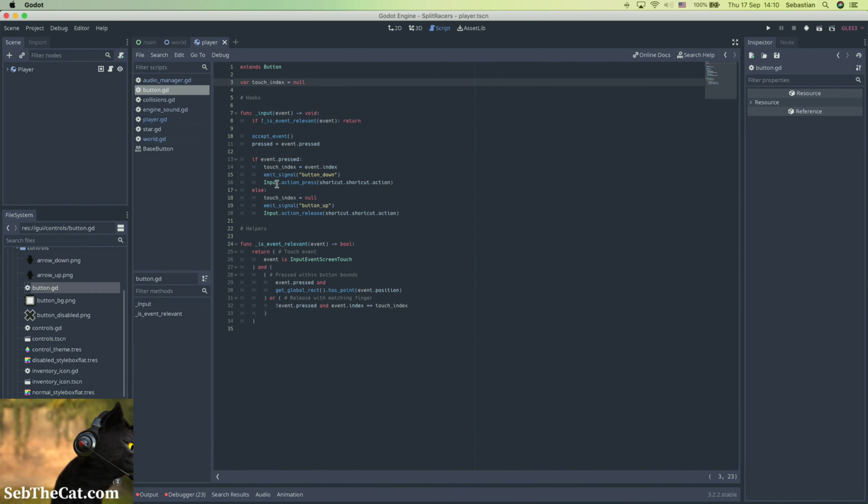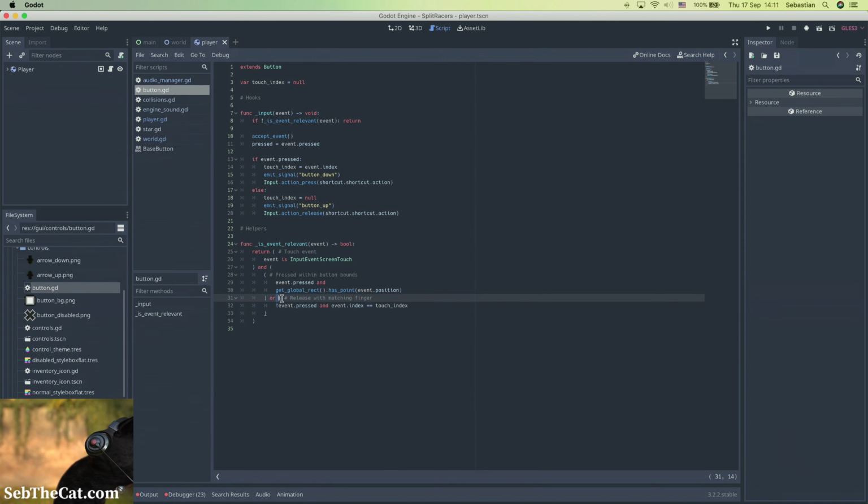What we do is we disable the button mouse events entirely, and then we switch entirely to touch events only, and we listen on the input hook for any event that's a screen touch, and if it's over our global rectangle, the size of the button, we save the finger that's touching the current button, and then we allow